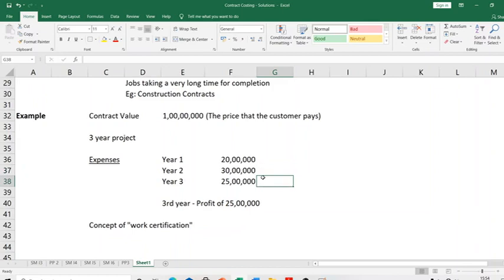Let me recognize revenue like this. At least it makes more sense because it is based on the work done. Now, how is that going to happen? Here is where we are going to have the concept of work certification, where we will have a certification done by an expert. See, I am doing a contract for my customer, either myself or my customer can appoint, or together we can appoint an expert who will come to my construction site at the end of every year. He'll look at what has happened and he'll say that, look, so much of activity has happened.